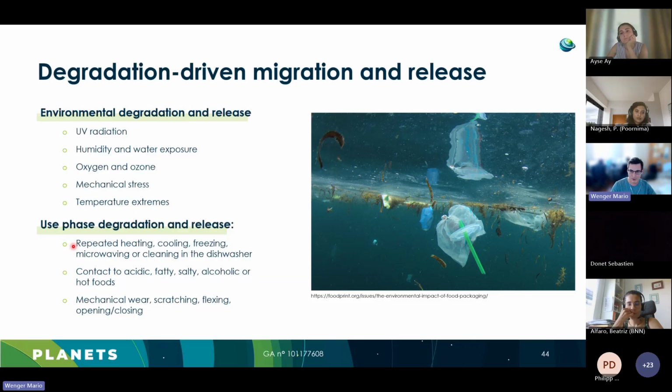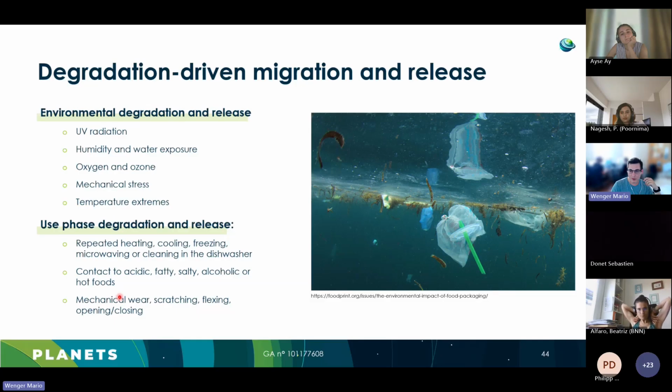If we put the plastic packaging from a delivery service into the microwave, it is highly likely that substances are leaching out of those materials. Or if we put the plastic products into the dishwasher, it might be that the plastic products are aging and then microplastic or nanoplastic are released. A very important point is also the contact to acidic, fatty, salty, alcoholic or hot foods, which I will mention later,